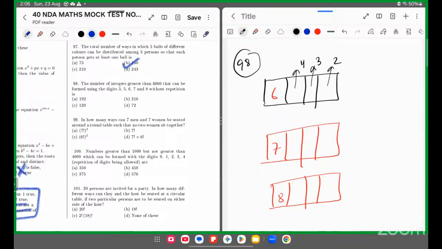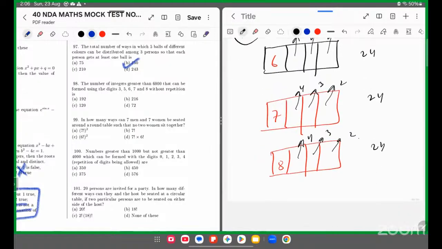फिर 1 2 3 4 5 6, सेम 7 के साथ भी, 7 के साथ भी 4 3 2, और इसके भी 4 3 2, तो 24 प्लस 24 प्लस 24, ये अपना आंसर आ गया। तो 24 24 24 कितना आएगा, 72।